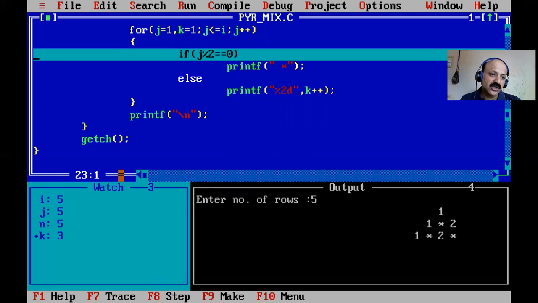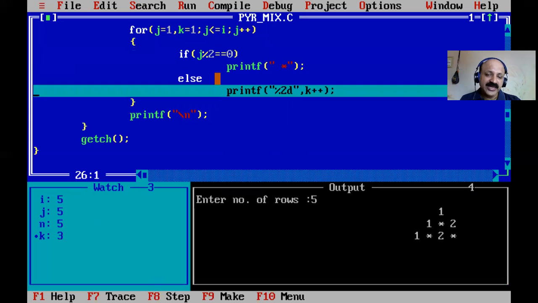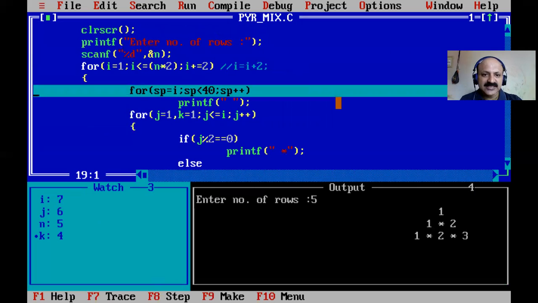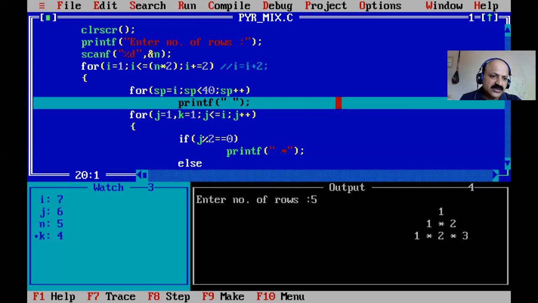Now j plus plus, i less than or equal to j, so i is 5 and j is 5, that condition is true one time, but the if condition is false, so again k is 3, that prints, and 4. Now i is plus plus, so 7 minus 40, so only 33 spaces.